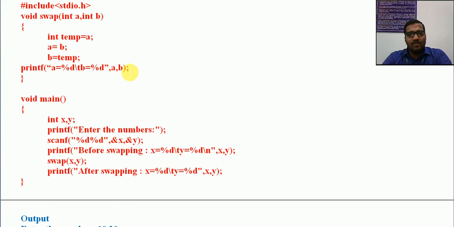If you want to simply show the result over there, we can use this statement, but I cannot use x is equal to, I cannot write ab. That way also, swapping, just for showing the result, we can write that format. Printf x is equal to, I am giving a comma b. A value is assigned to x, b value is assigned to y, because this is only a printing statement. I can use x here, even if you are not having an x variable here. This is within double quotes.